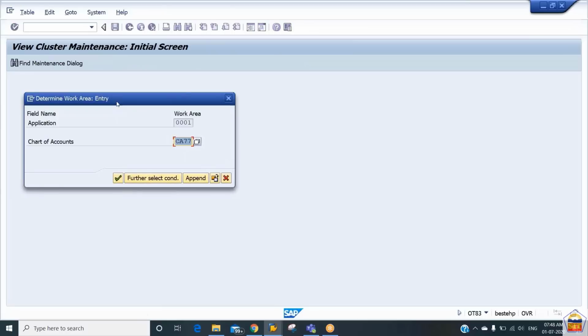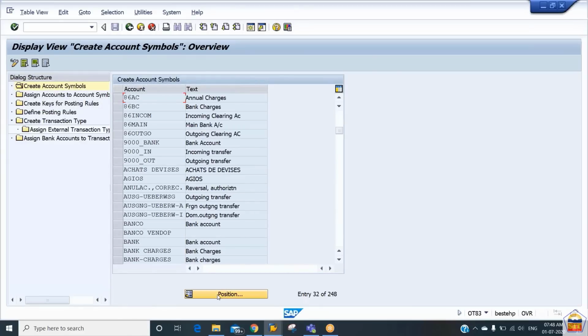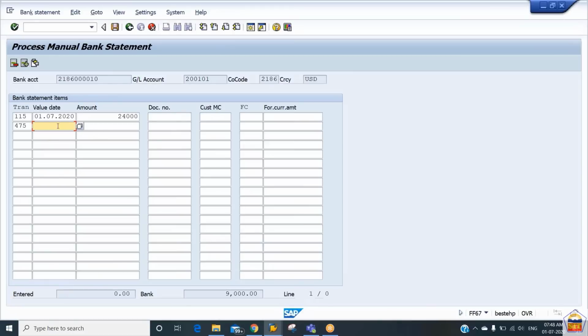That is the configuration we have for the EBS. So here, yesterday we have done the configuration. Now we can give the date as 1st of July once again, and we can have here the outgoing payment as 15,000. So with this, if you just press enter button, always remember whenever there would be an outgoing payment,